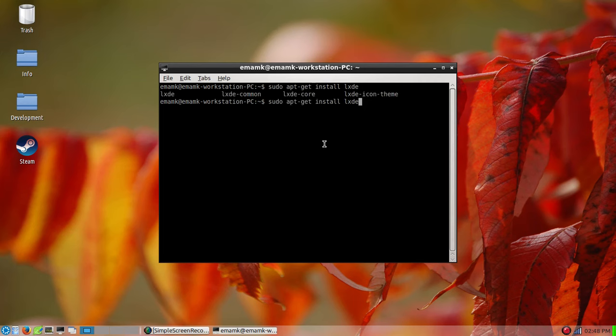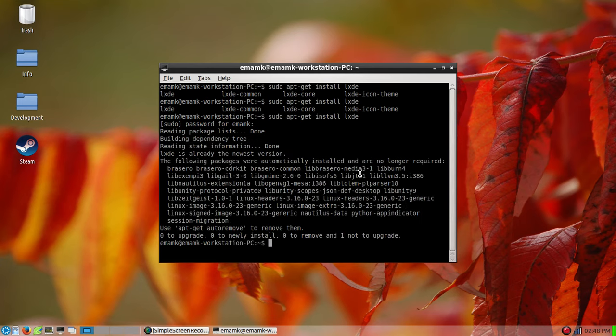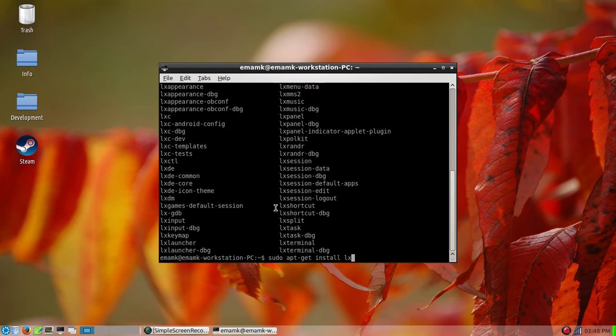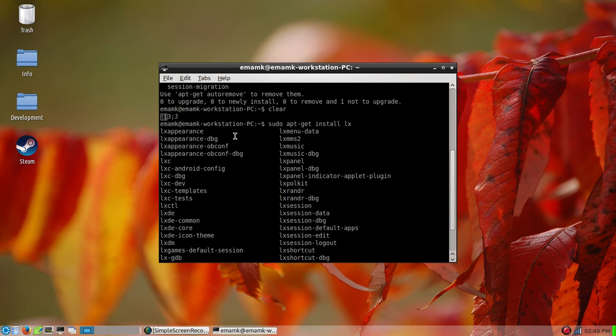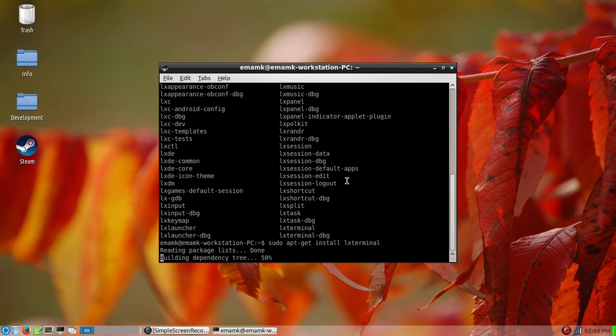I think I have already installed this, because I have this desktop already running. Then you can install all the LX packages: just type LX and press the tab key on the keyboard and it will give all the LX packages. You can install all of them. For example, lxterminal, enter,